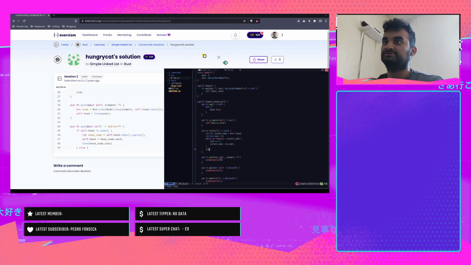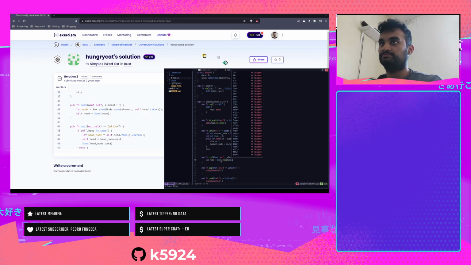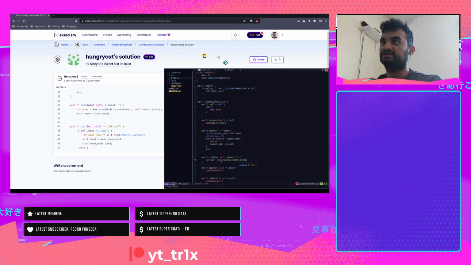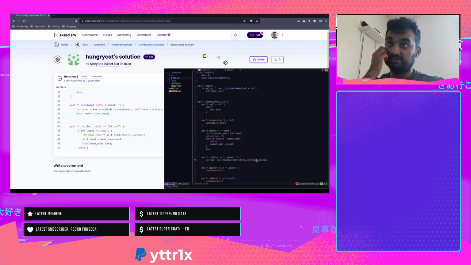Okay, and now push. Push is just adding a value to the linked list. So that node equals box, new node, new element, head. Okay, so all you want is just grab. So this takes the first node in the linked list, takes your element, then creates a new node where